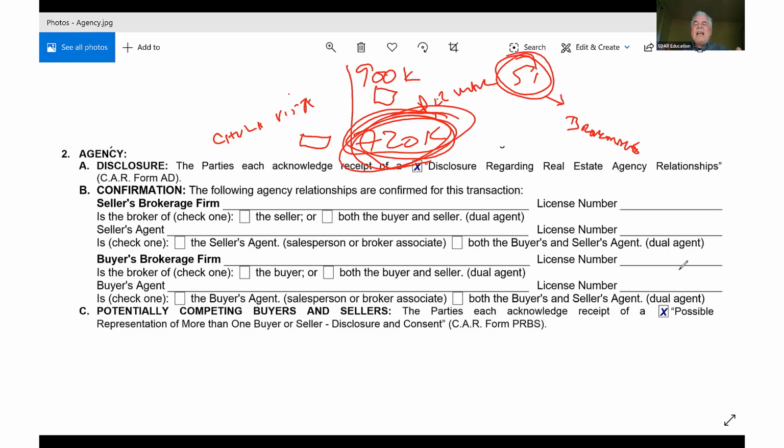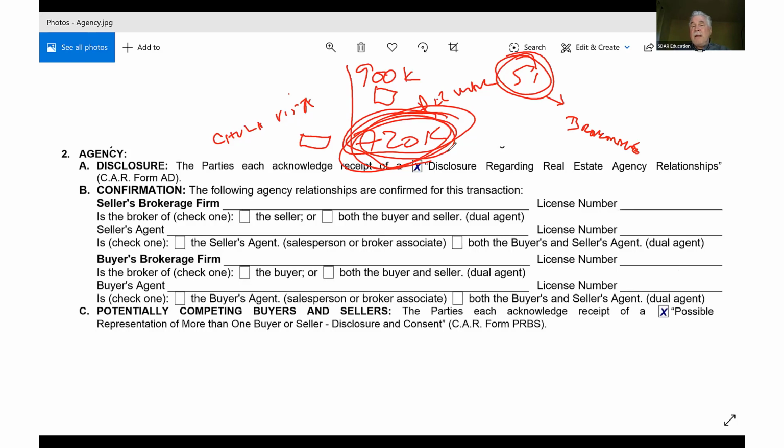Now, one of the things that court case did not do is it did not tell us how far out: a block, a mile, 20 miles. It didn't give us anything. It just said you can't compete, so the CAR attorneys put together this form, and I think, frankly, brilliantly so, that says you're going to give us consent because otherwise it's going to be restraint of trade, a few other issues that we're not going to get into today, but that's where this all